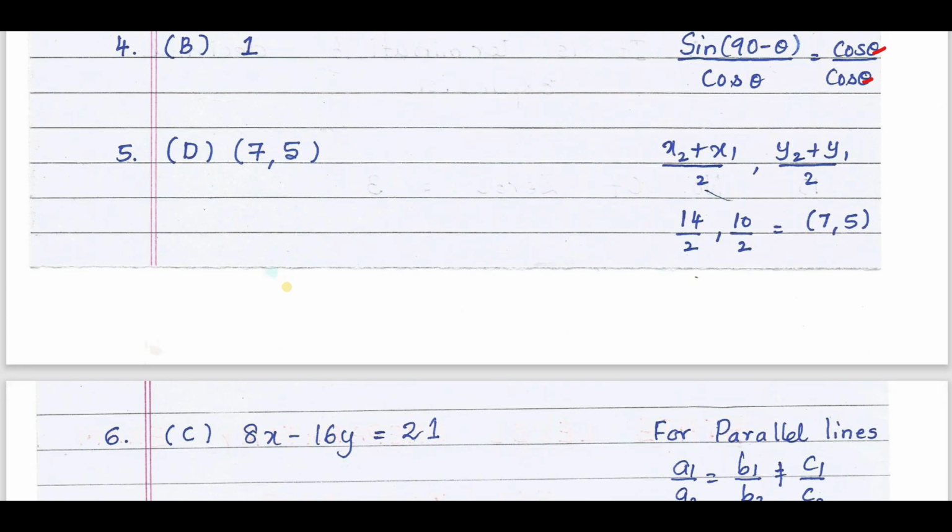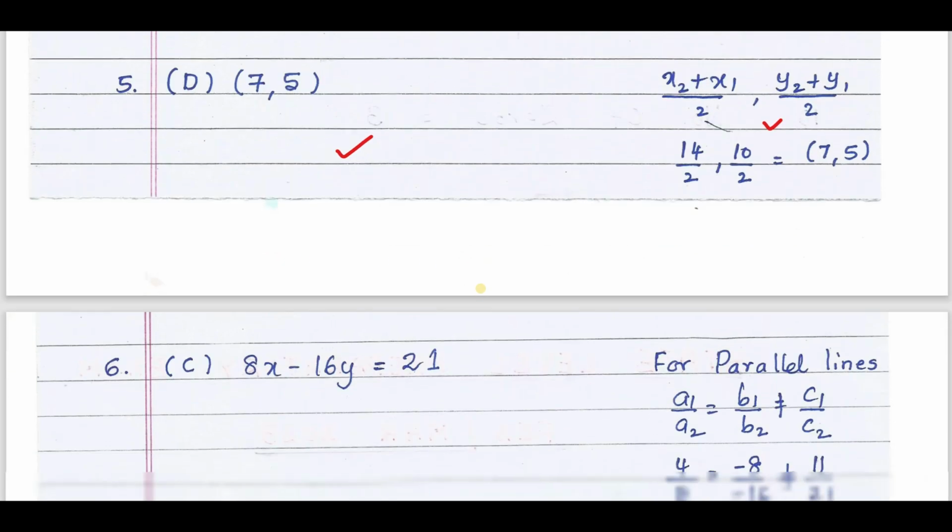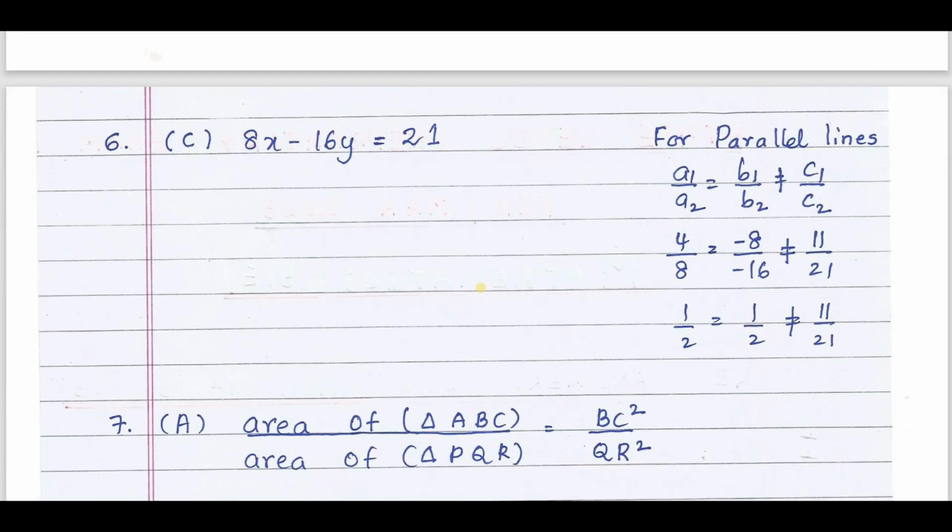Next, fifth question, the midpoint of the line segment joining the points P(4, 7) and Q(10, 3) is (7, 5). Using the midpoint formula, (x2 plus x1) by 2 and (y2 plus y1) by 2, it's (7, 5). Next, sixth question,